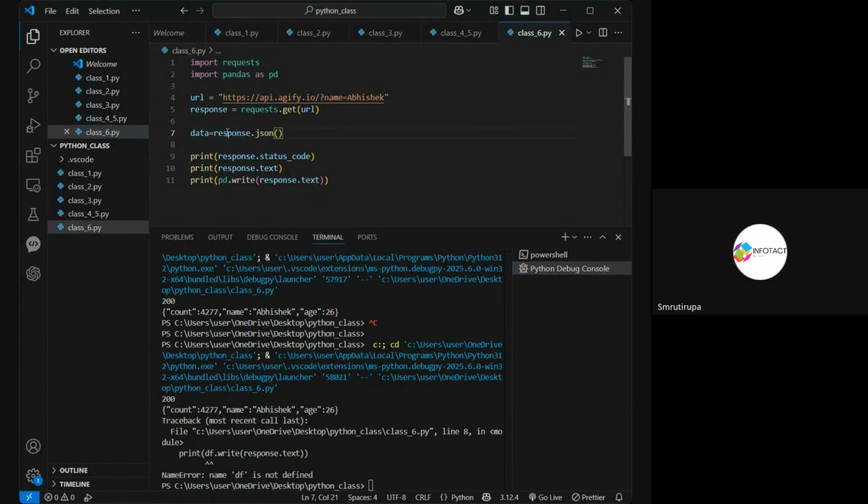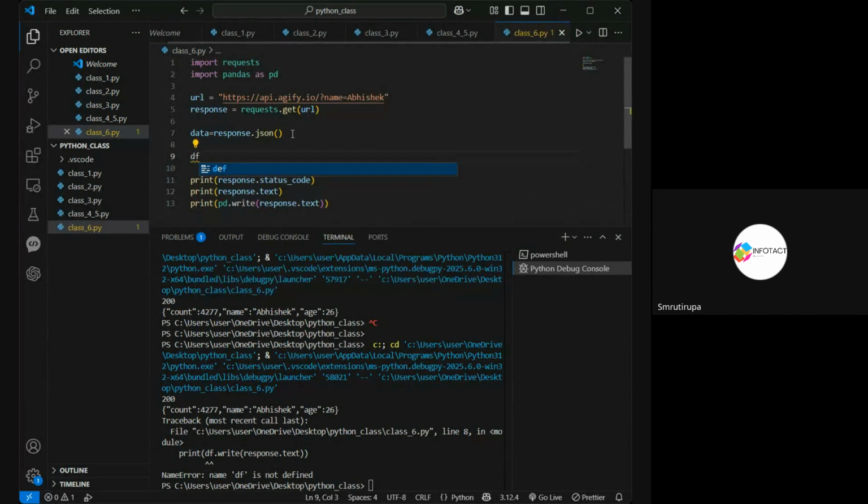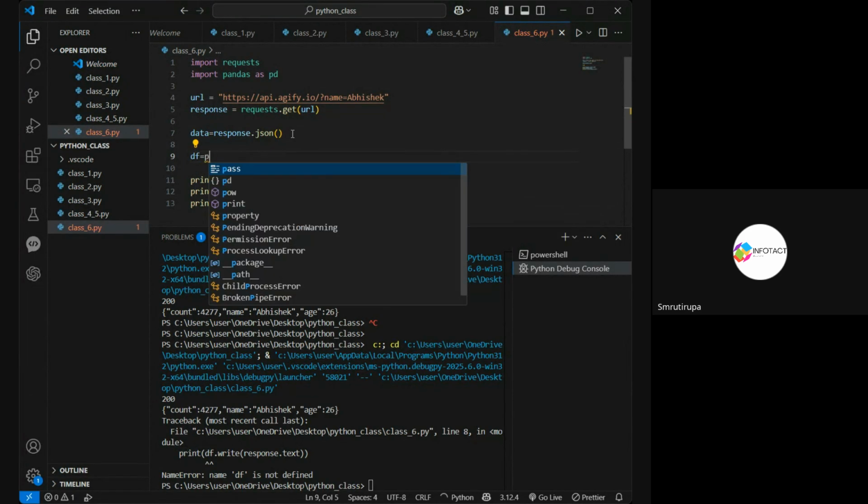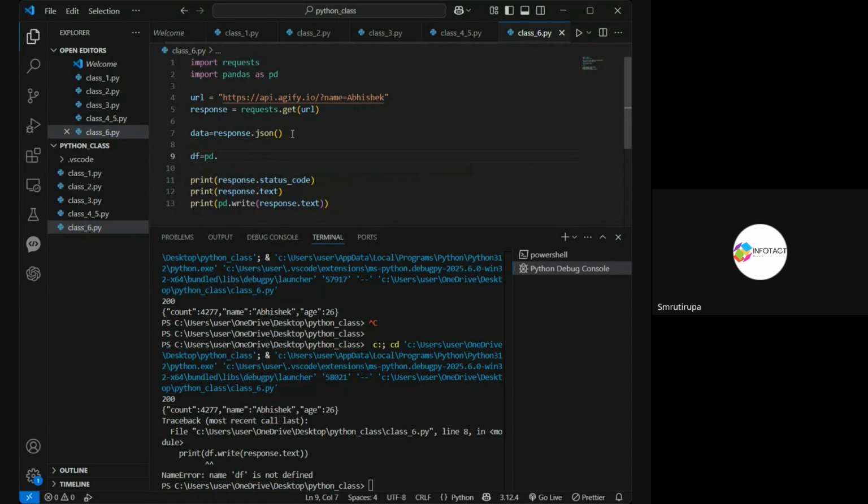Then we need data equals to response.json. What this particular thing will do is save the data we are getting, or you can say it will convert the response into a dictionary. So data equals response.json. Then what can we do? We can just write df equals